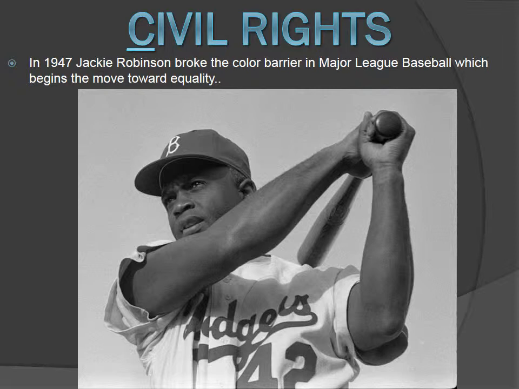I always like to talk about Jackie Robinson because he was the best of the Negro Leagues. There was a baseball program called the Negro Leagues, and that was for all those people of color, both Latin American and African American, that would play together, and they were not allowed into the major leagues. And so in 1947, Branch Rickey of the Brooklyn Dodgers, you can see that B up on Jackie's hat there, that stands for the Brooklyn Dodgers.